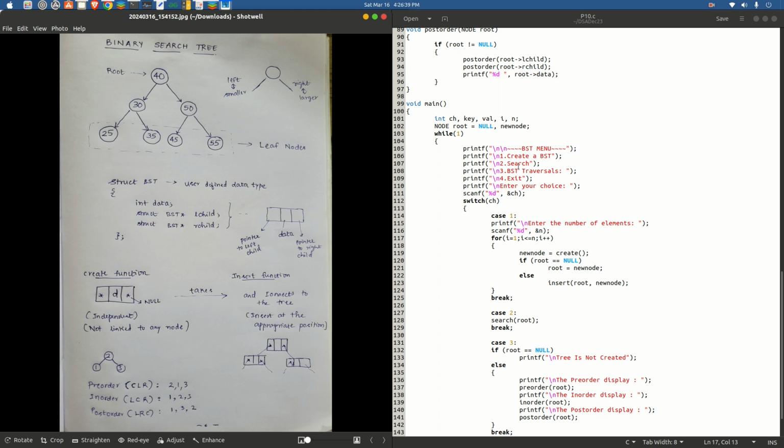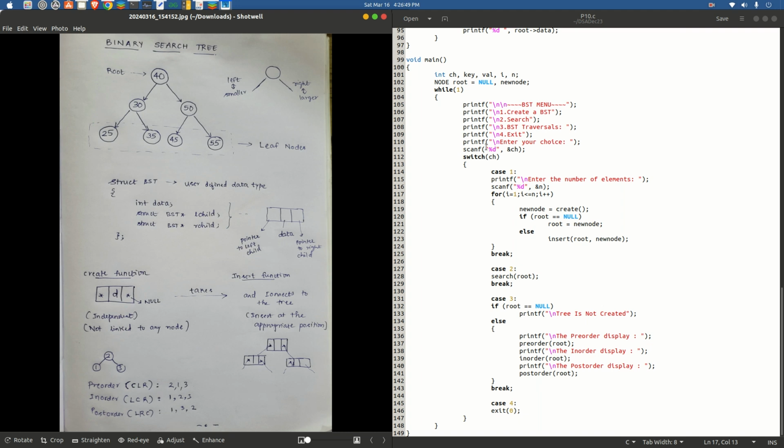After we have printed the menu, we will ask for the choice: printf "Enter your choice", scanf %d and ch. So ch is being used here. We already know that for any menu-driven program we use the switch construct. So switch of choice: if case is 1, if ch is 1, it means that we are creating